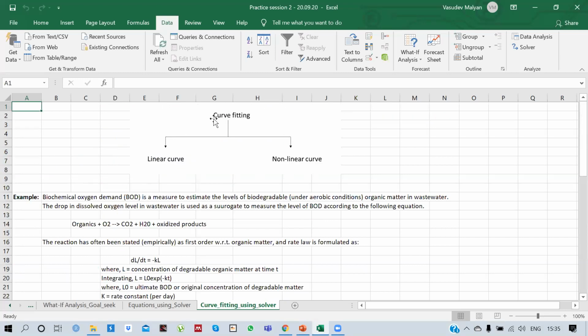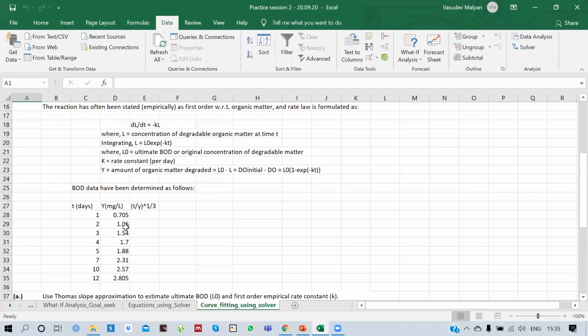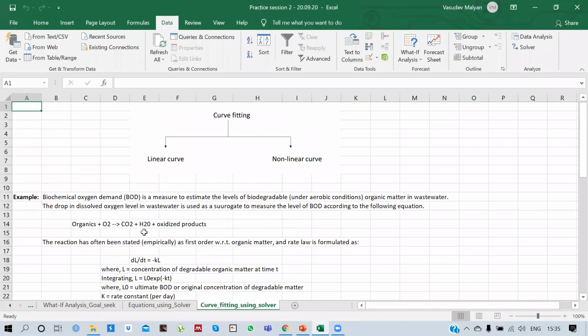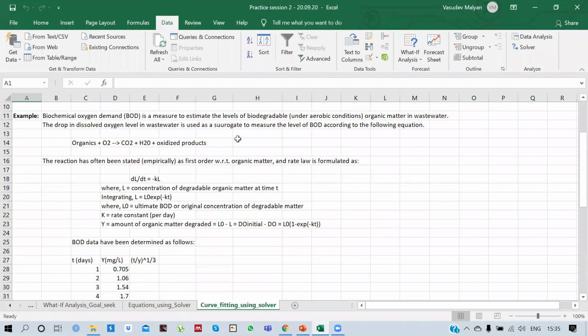So a curve fit or a trend line will give you the relationship between your data. So what is the relationship between the data you are recording? There are two types of curve fitting, linear and non-linear. We will see both using this particular example.